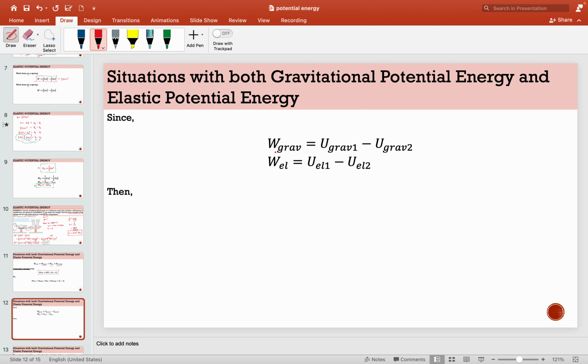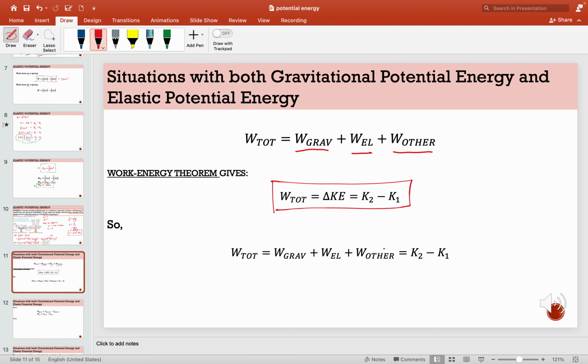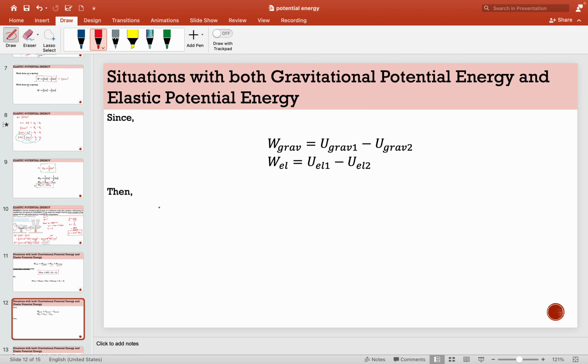since the work done by gravitational potential energy is equal to the initial gravitational potential energy minus the final gravitational potential energy, and the work done by the elastic potential energy is equal to the initial elastic potential energy minus the final elastic potential energy, then if we substitute this from the previous one, we will obtain